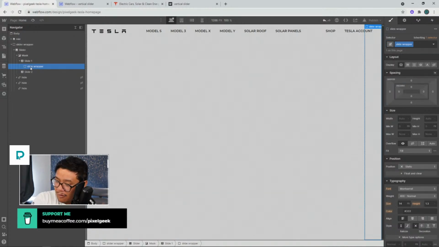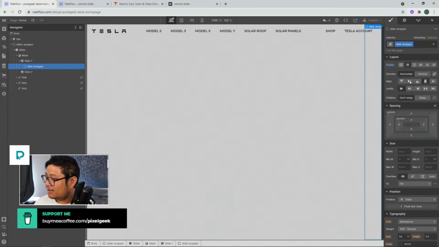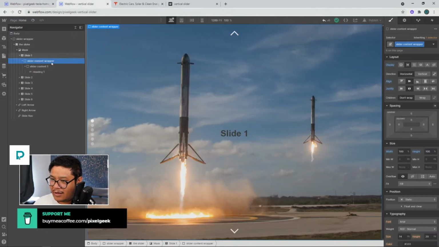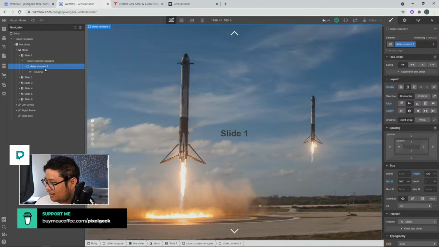So we have the slider wrapper, and we have the slide wrapper. This one's going to be flex as well, and centered with a width and height of 100%. And then the content within it,